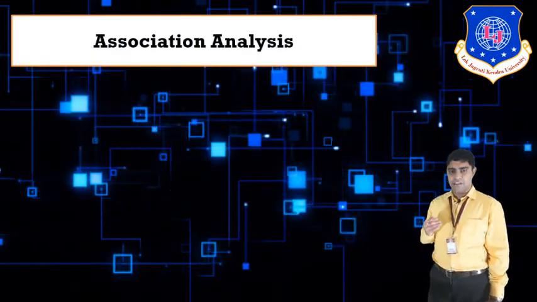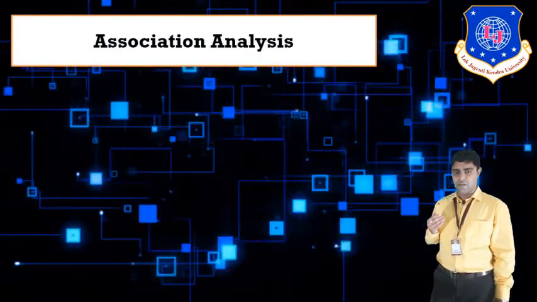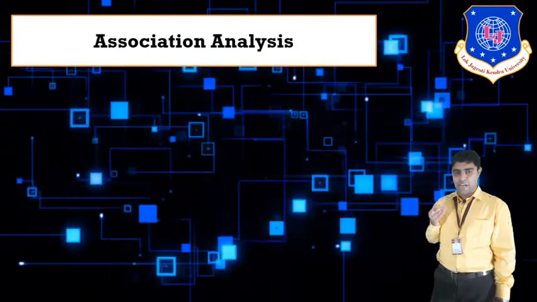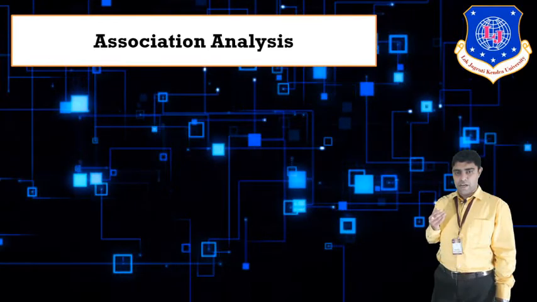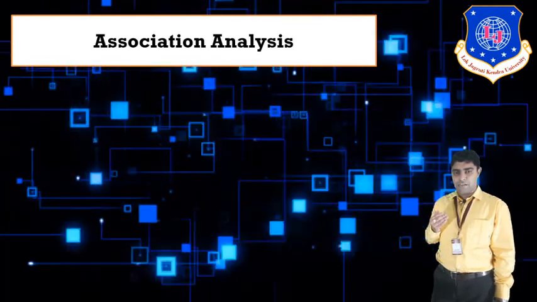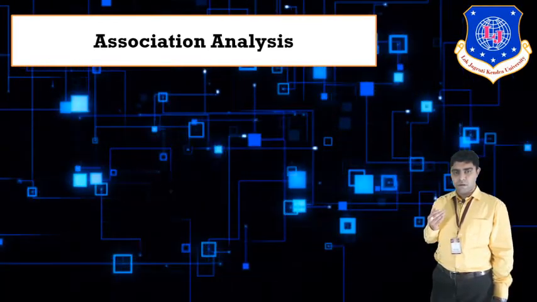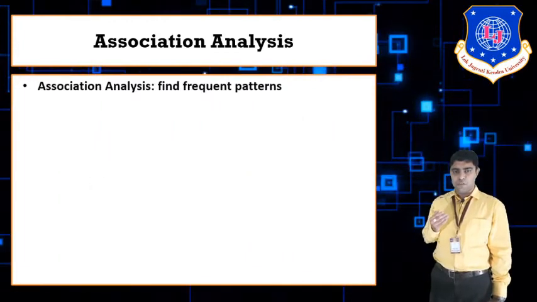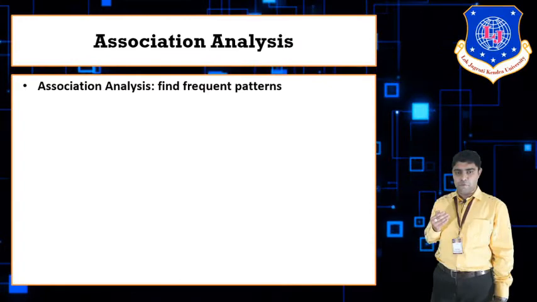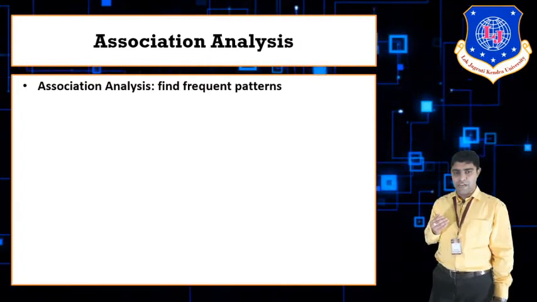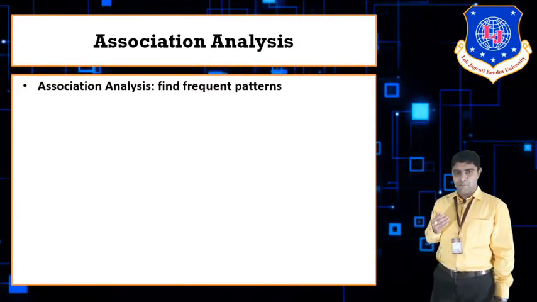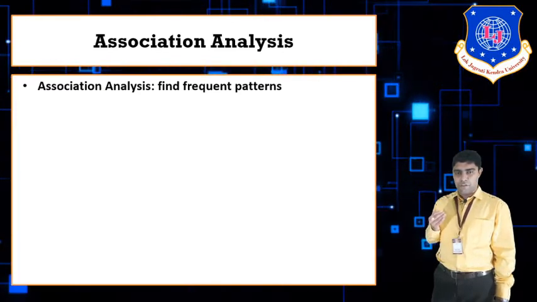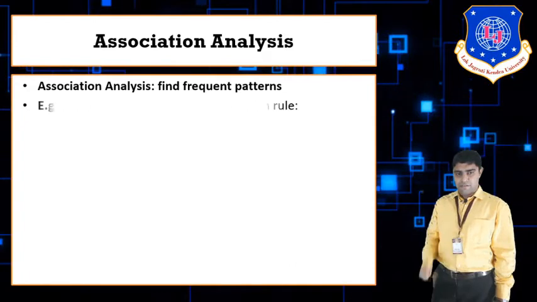Next is association rule mining. Association rule mining is also known as market basket analysis, where different types of rules are created for the association of products, where confidence and support come into the picture. So there are different types of rules. Rules will be created for finding the frequent patterns in association rule mining. There are different types of algorithms which can be applied in association rule mining, like the FP growth algorithm and the Apriori algorithm, which we will study in later chapters.